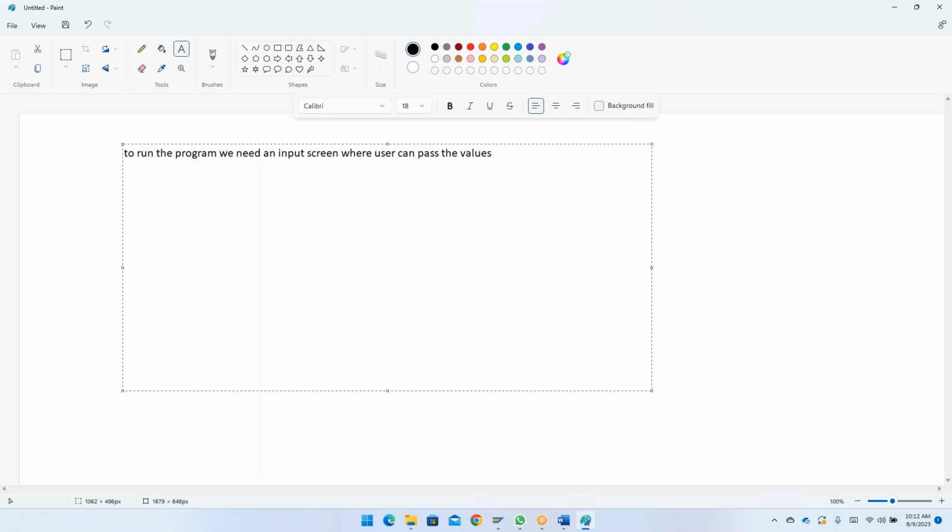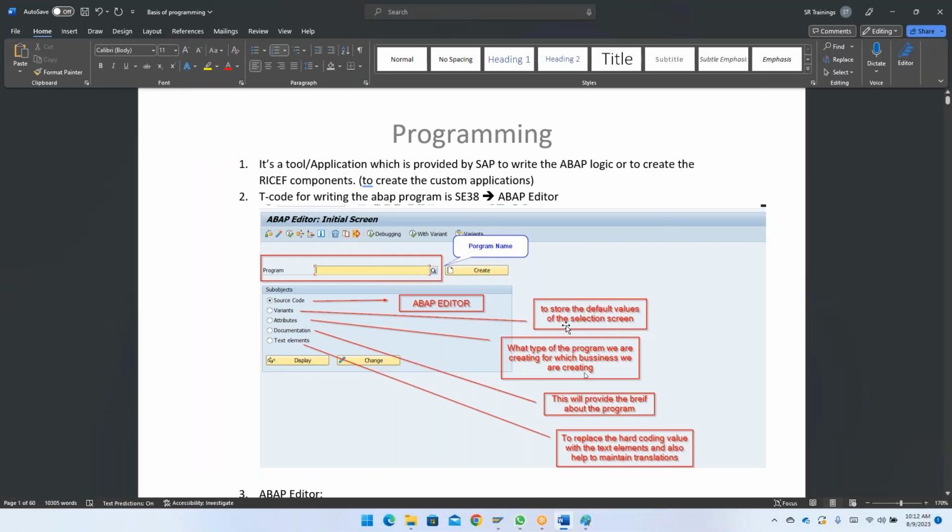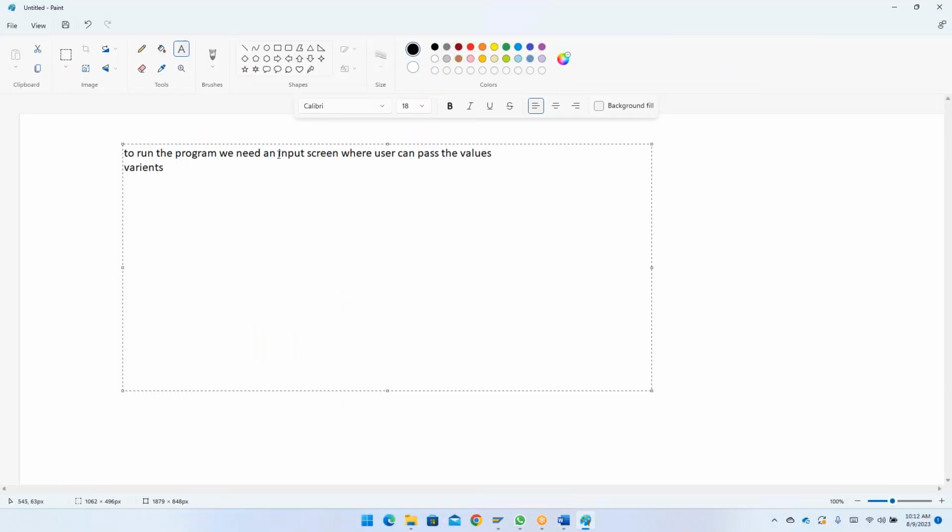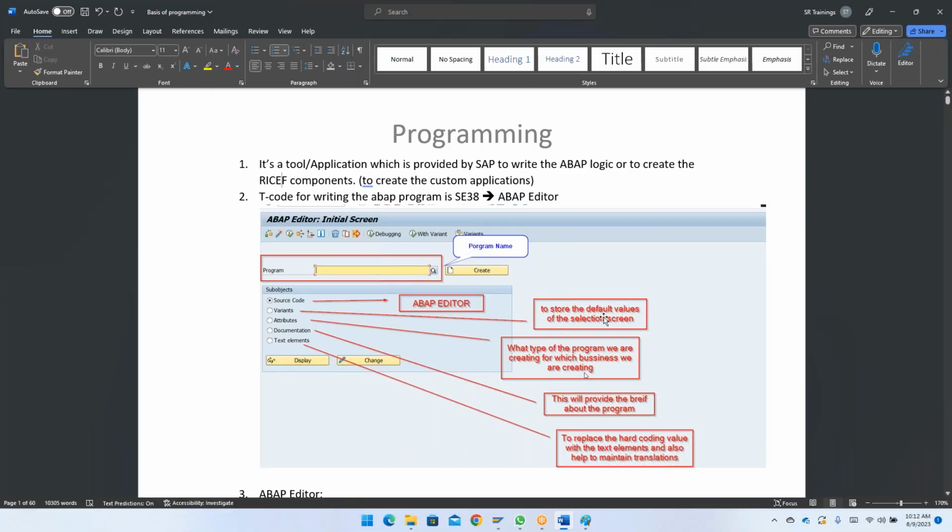Now, I want to store the values. If I want to store the input values, we create them in the form of variants. I'll show you that once we design the selection screen, how you can create your variant. So to store the default values of the selection screen, in SAP terminology we call the input screen the selection screen. And the next one is the